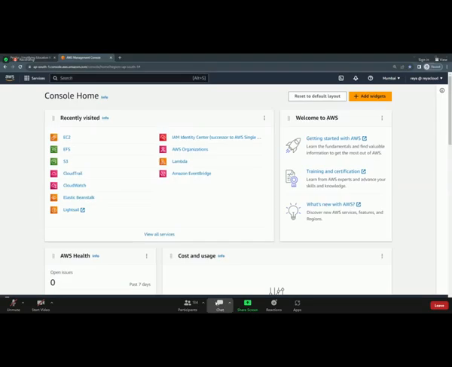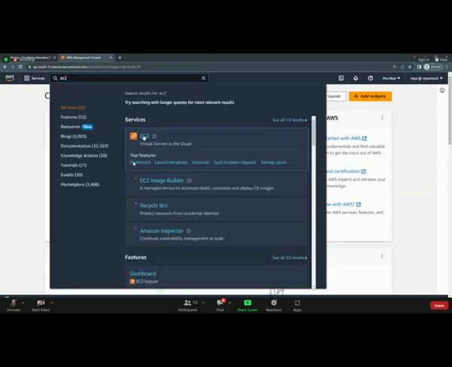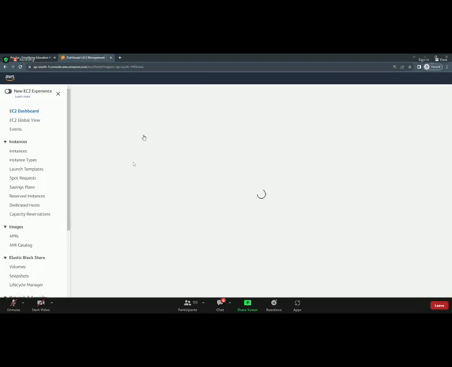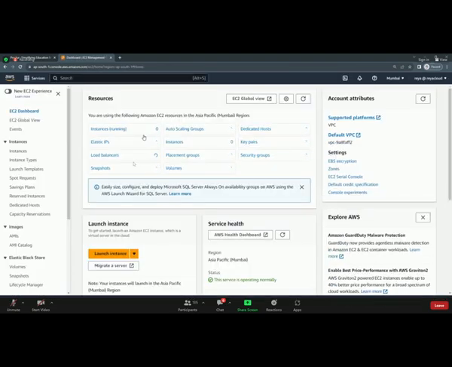Can you please confirm, can you see my screen and hear me well online? Okay, let's type EC2 here, or you can click on the recently visited services. So click on EC2 and you have EC2. Murali Krishna, you can use Lambda, you can use so many services for deploying.